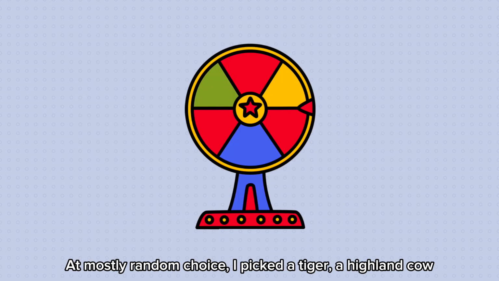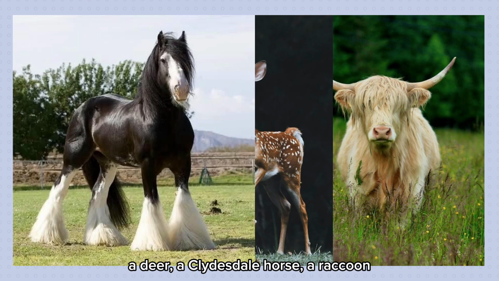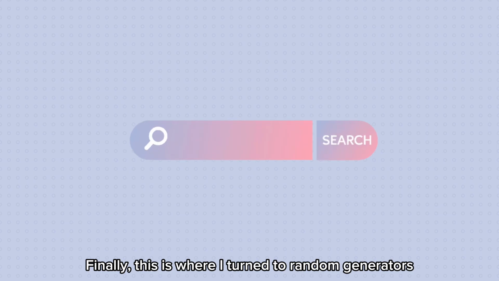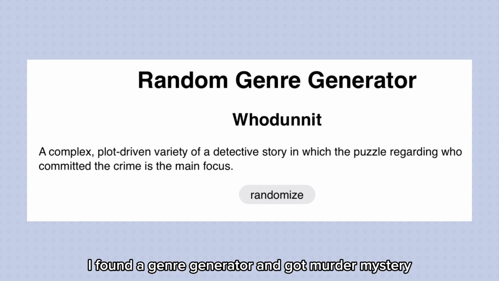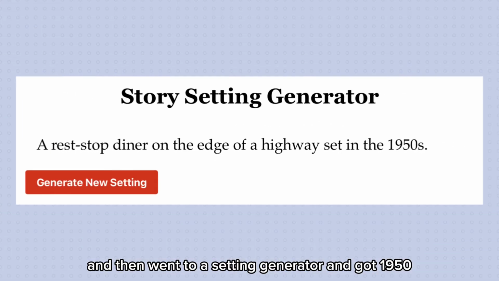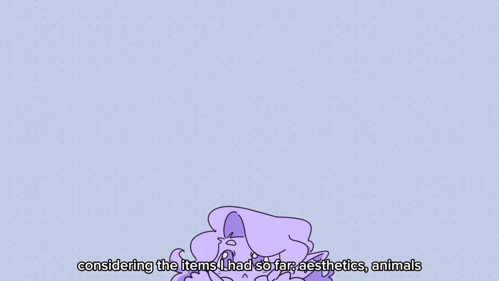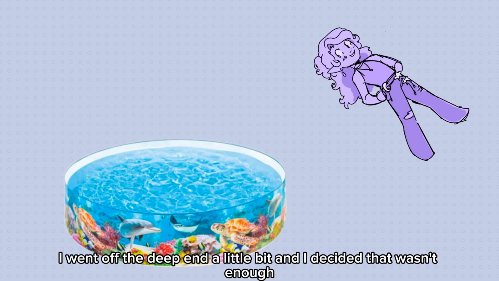At mostly random choice, I picked a tiger, a Highland cow, a deer, a Clydesdale horse, a raccoon, and a pigeon. Finally, this is where I turned to random generators. I found a genre generator and got murder mystery, and then went to a setting generator and got 1950s. Considering the items I had so far, aesthetics, animals, murder mystery, 1950s, I went off the deep end a little bit,